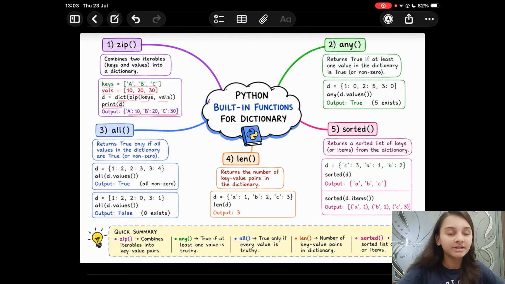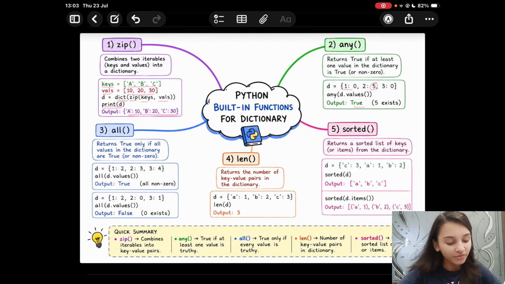Next we have any. So we know it returns true if at least one value is true, or non-zero we can say. So here in this dictionary D, if we write any of D dot values and try to print it, we'll get a true because 5 exists, right? We have 5 which is non-zero. Then coming to all, it will return true if all the values in the dictionary are non-zero.